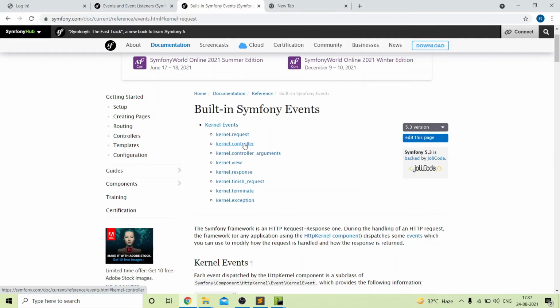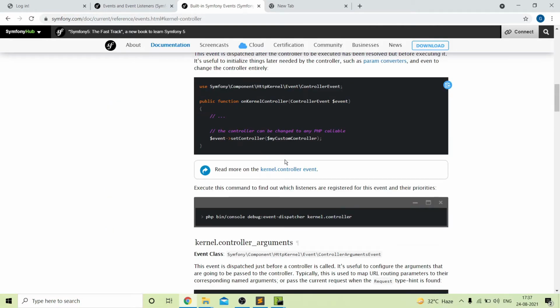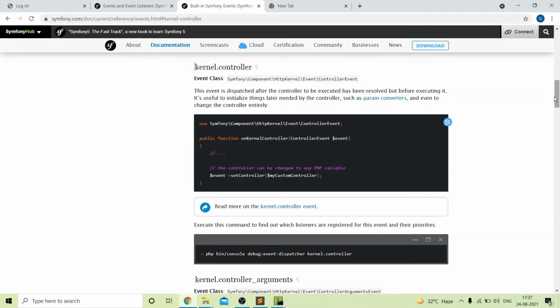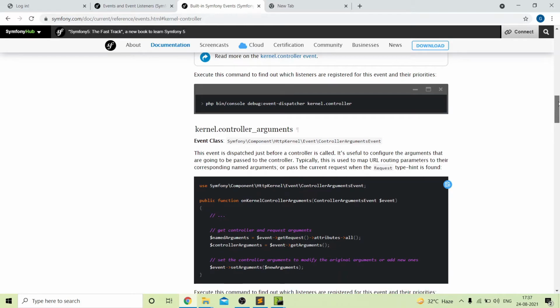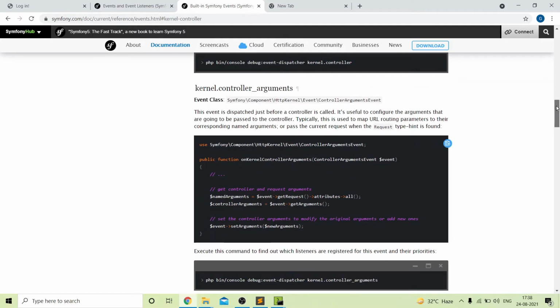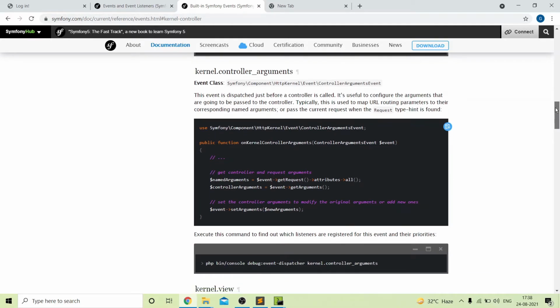So if we talk about the controller listener, this listener will work once the controller is decided, like which controller will be used. Next is controller argument, and this listener will work just before a controller is called, so we can pass any arguments with the controller.